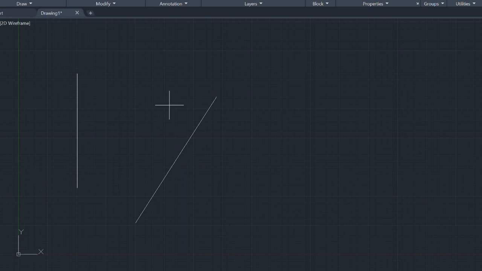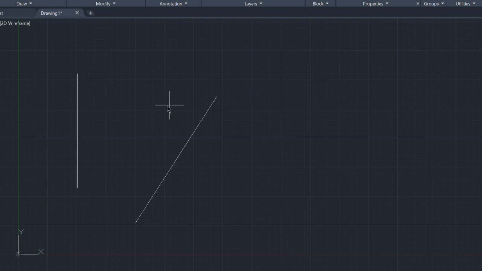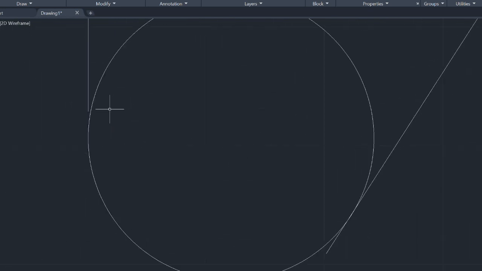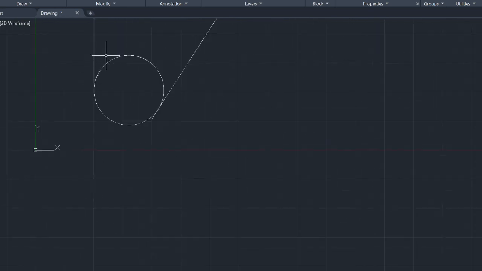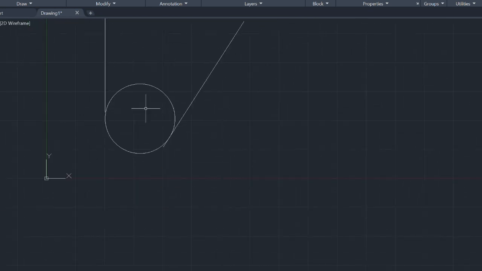And now you're asked for the radius of the circle. Let's say that the radius of my circle will be 3. As I enter this one, there, I have this circle that is tangent to these 2 lines. As you can see, probably you will think that it just barely passes through the lines, sir. Of course, because let's see, if I make my circle smaller,